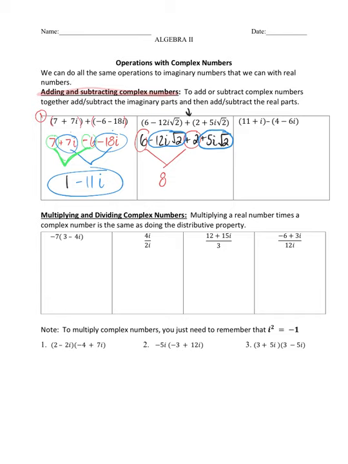So what we're going to do is take negative 12i square root of 2 and add 5i square root of 2 to that to get a negative 7i square root of 2. Okay, so very simple. You're just combining like terms when we're adding. Drop everything out of the parentheses and just combine like terms, okay? So when we add, drop, and combine,